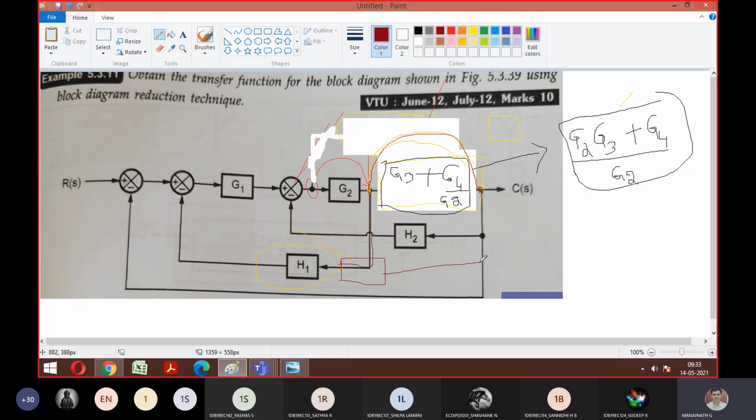Understood by everyone? Yes, sir. So you should see this connection, the feedback path is there. So for that, there will be variation. So you should not write somewhere here. So if you move this, it is like 1 divided by this complete term. So nothing but the reciprocal now. So you can take the reciprocal, it looks like G2 divided by G2, G3 plus G4. So this answer is G2 divided by G2, G3 plus G4. Is it okay till here to everyone?